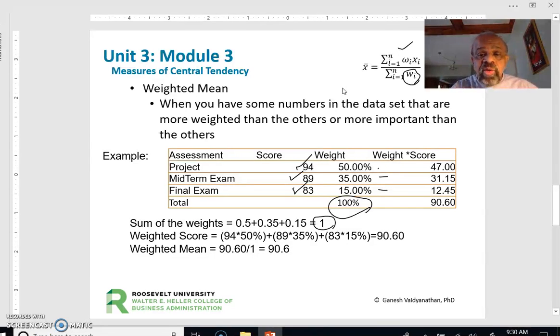Now the weighted score is going to be 94 times 50%, which is 47. 89 times 35%, which is 31.15. 83 times 15%, which is going to be 12.45. So the total is 90.60. 90.60 divided by 1 is going to be 90.6. So here I'm doing